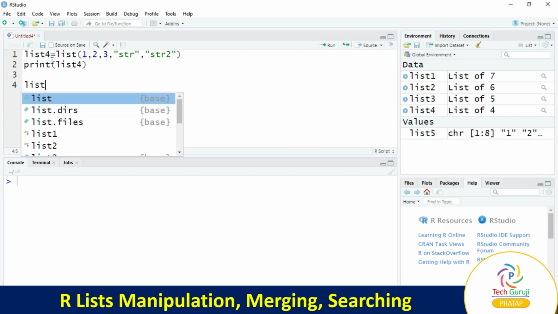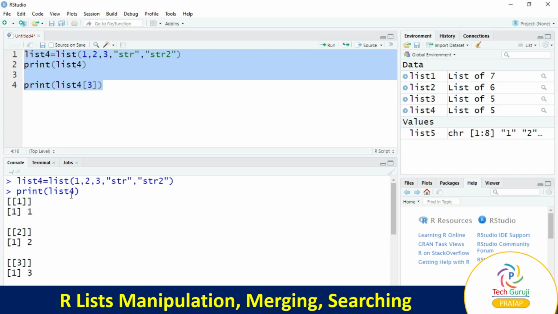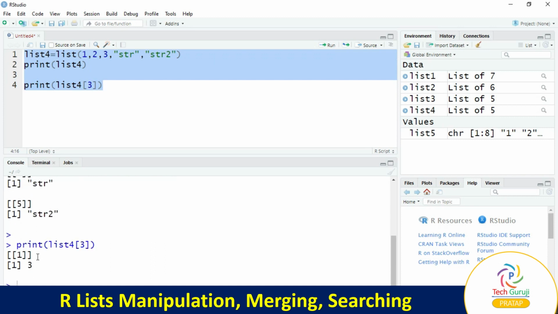List4 contains the elements, and we have to find out the element that is at the third location. So we'll use the print function here, print, round bracket open, round bracket close. We'll select all 3 and use run. First it displays the list and it finds the specific element, that is the third element. The third element in the list is 3, so it displays the 3.